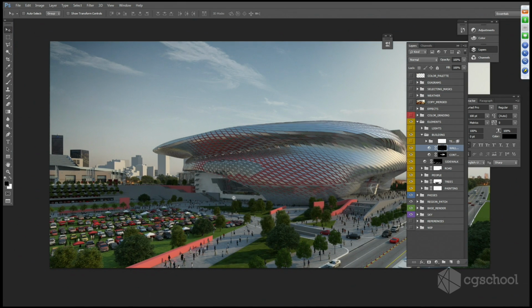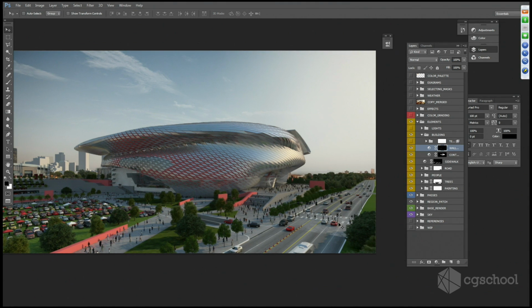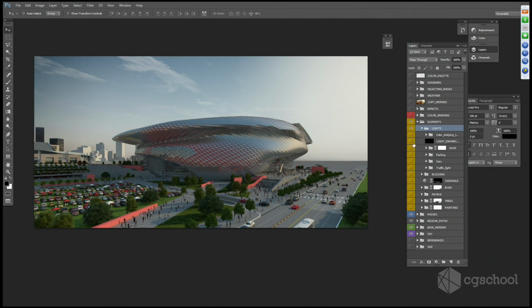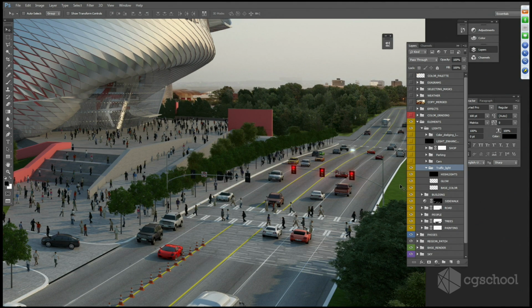So we're just gonna be adding some lights, not only in these areas, but also in the Falcon's landing, and also in the parking side, as well as traffic lights for the cars. So I'm just gonna get back to the lighting folder. I'm just gonna switch off all this folder. Traffic lights. How we create these traffic lights is basically just